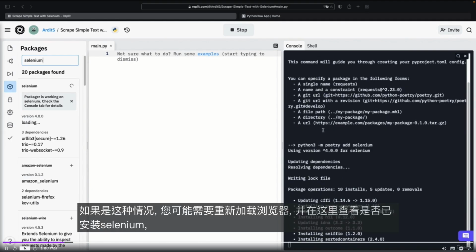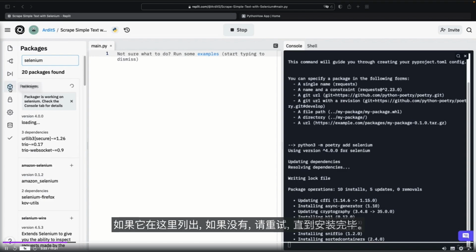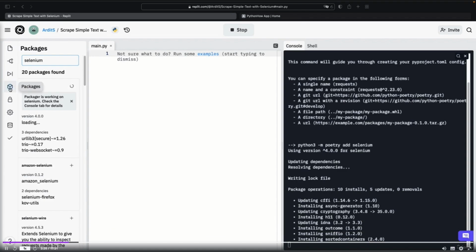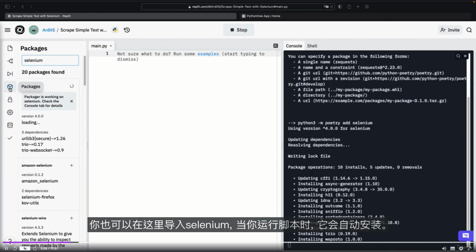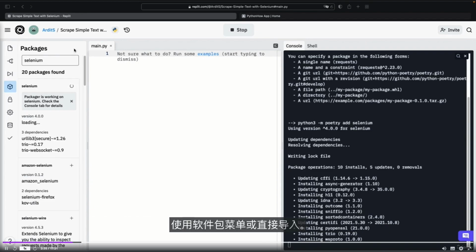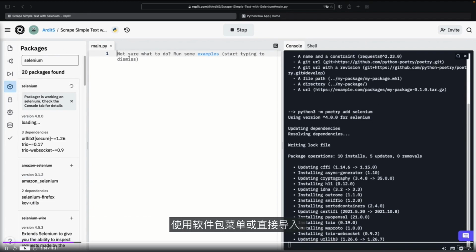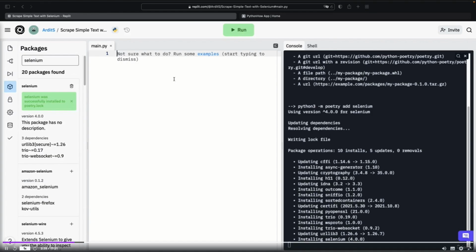In that case, you might want to reload the browser and see here if Selenium has been installed, if it's listed here. If not, try again until it is installed. And always, you can also just import Selenium here, and when you run the script, it will install automatically. So you have these two options: use the packages menu or directly import. My installation was completed.